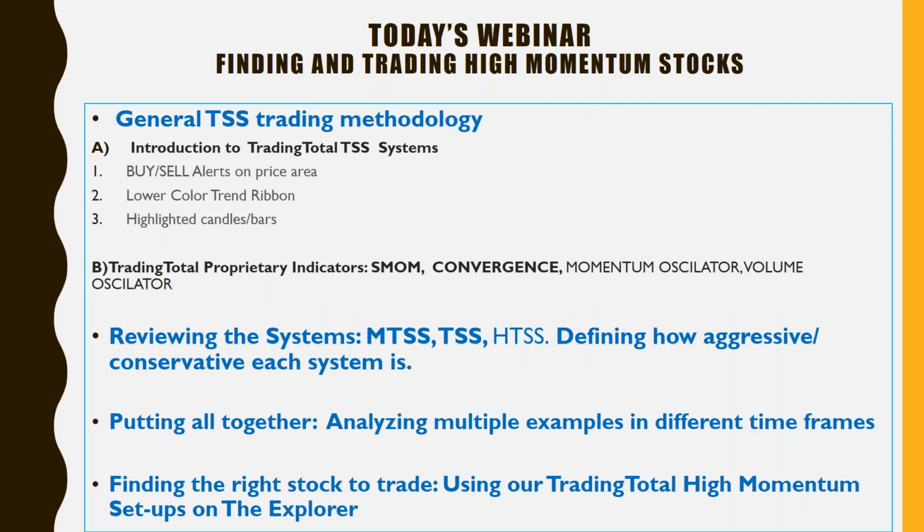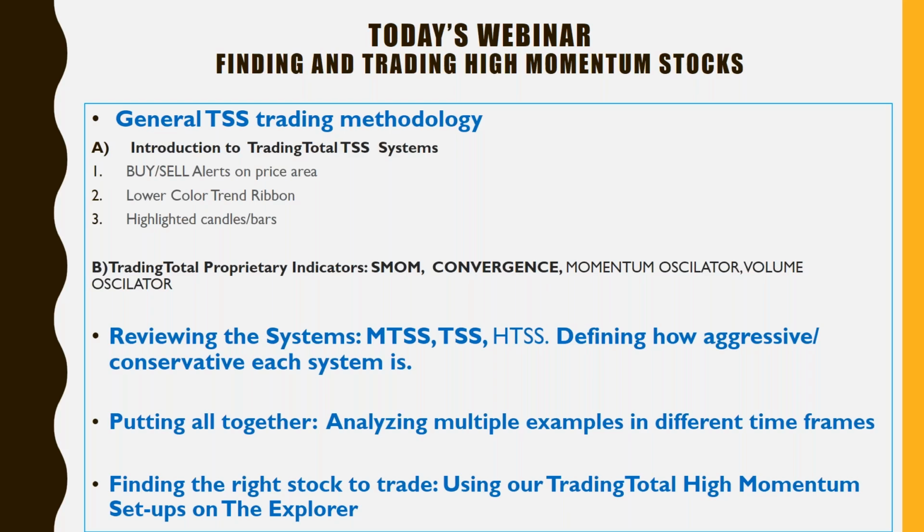So let me now present today's agenda. This is more or less what we are going to discuss in this 60 minutes. Our webinar is titled Finding and Trading High Momentum Stocks. But regarding our sequence of topics, we would like to make a little change in the order. We will present first how to trade those high momentum individual cases using our TSS alert systems, to finally discuss how to find those candidates from our universe or your universe of instruments. This is because we will use our TSS system as a part of the final selection procedure. So we need to explain first how the TSS systems work and different topics